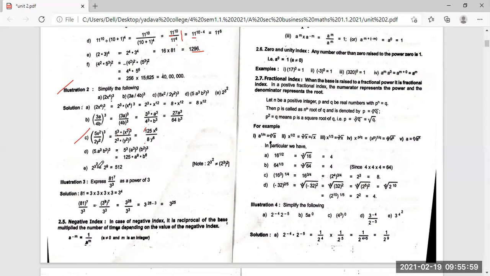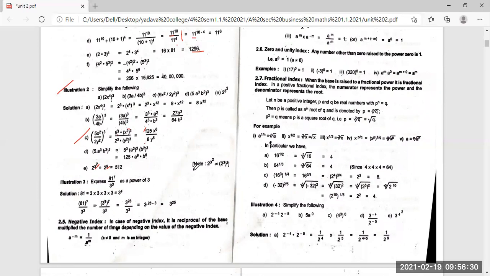Then 2 to the power of 3, the whole power 2. Girls, please note it down. 3 to the power of 2, not the whole power 2. So that means 3 two times. Girls, note it down. This is not a whole power of 2. 3 to the power of 2. 2 to the power of 3 to the power of 2. That means 3 has to be converted into 2 times, 3 into 3, 9. So 2 to the power of 9. So 2 has to be multiplied 9 times.